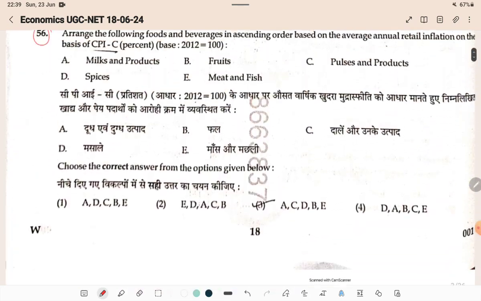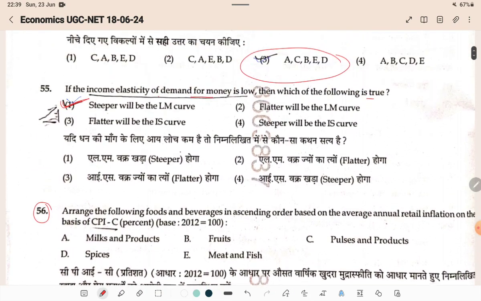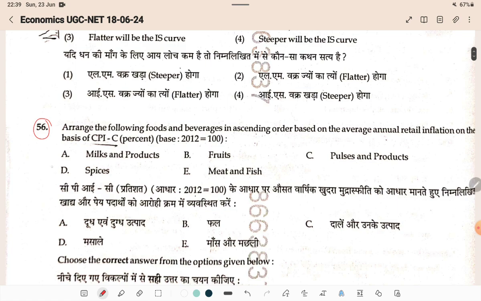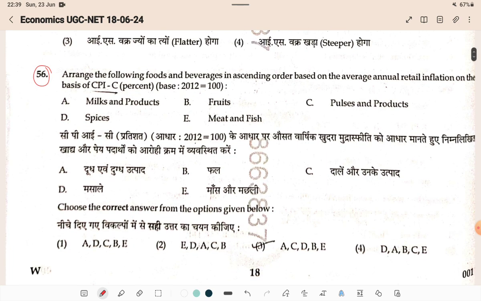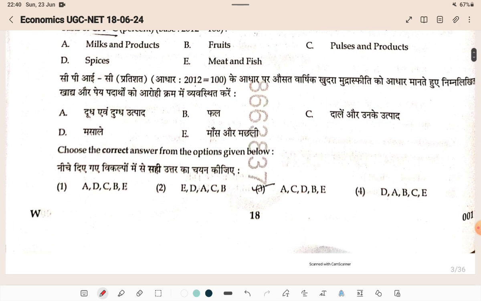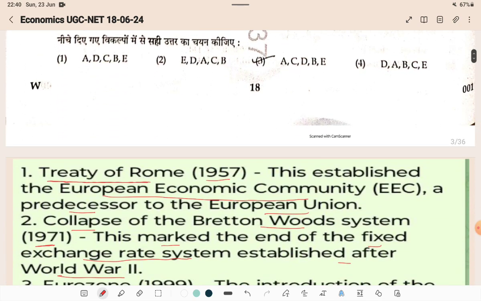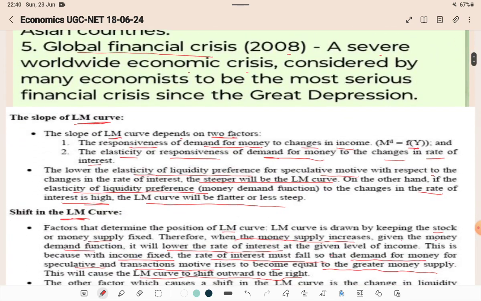So the next question, I don't know the answer to this question because I searched many government publications, but I wasn't able to find the answer to this question. So the next question,